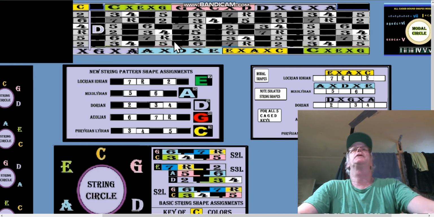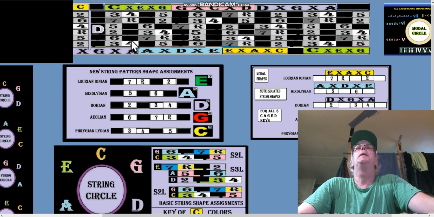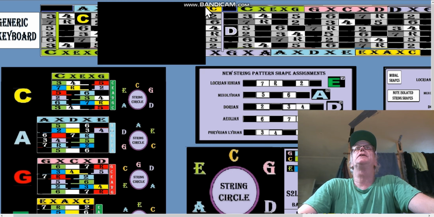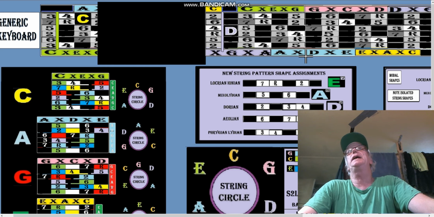So looking at the key of D here, I forget what we were talking about, but over here we have this key of D. This would be the first fret of the key of D, and the first cage shape would start on that outer note, that 3, and then the first fifth, a fifth from the key of D, would be